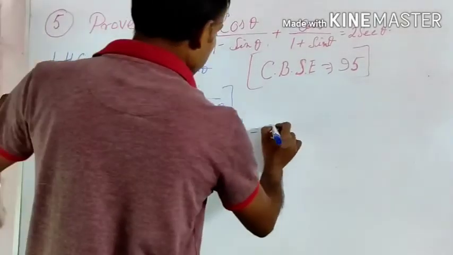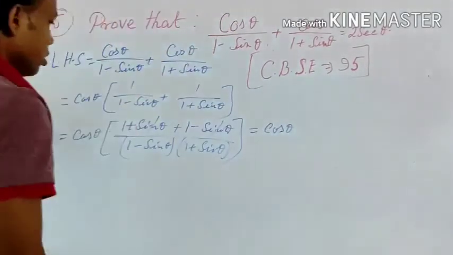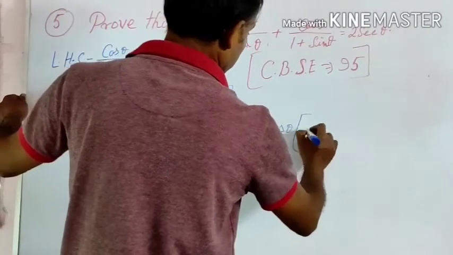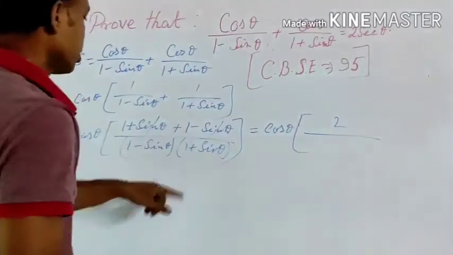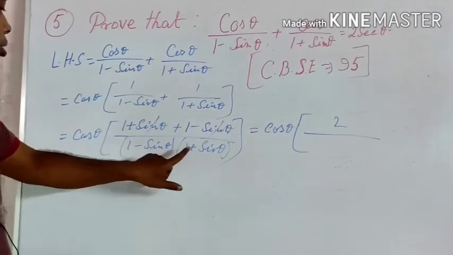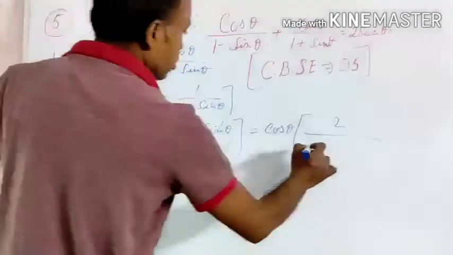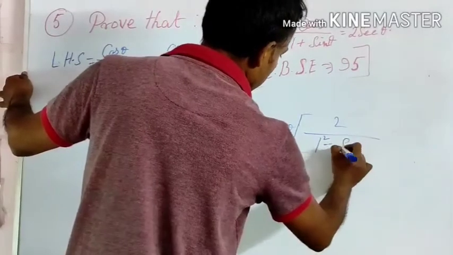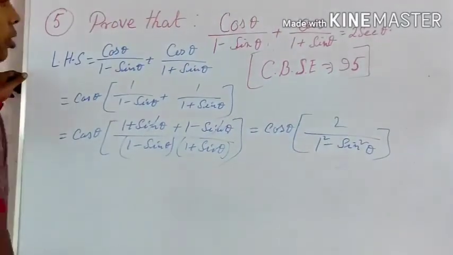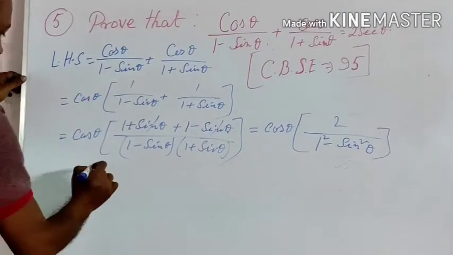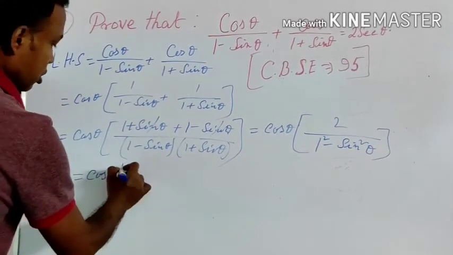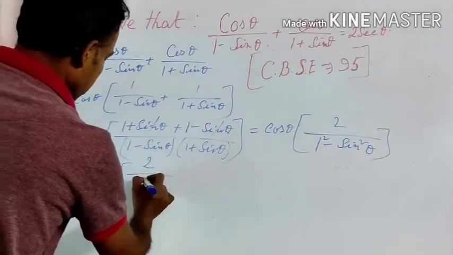Now cos theta into 2 by, 1 plus 1 is equal to 2, by 1 a square minus b square. This is a minus b into a plus b, that is a square minus b square, that is 1 square minus sin square theta. 1 square means 1, that is 1 minus sin square theta is equal to cos square theta. So is equal to cos theta into 2 by cos square theta